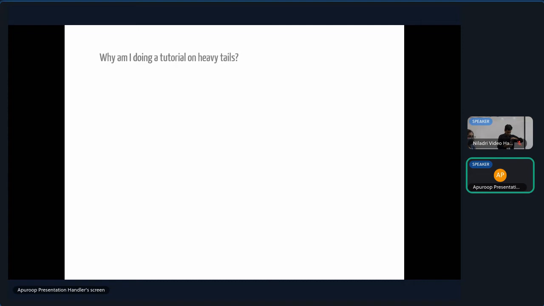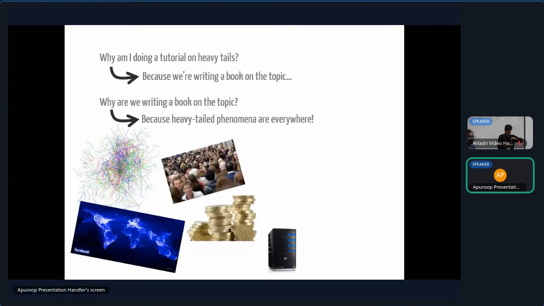For example, in several networking applications, whether it is social networks or technological networks, heavy tail degree distributions come into the picture. Internet file size distributions tend to be heavy tail. I haven't defined heavy tail yet; we'll do that in a bit. If you look at wealth distribution across human beings, that distribution tends to be extremely heavy-tailed. Losses because of natural calamities like earthquakes or other such catastrophic occurrences, whether it's loss of life or loss of property, all of these tend to be heavy-tailed.